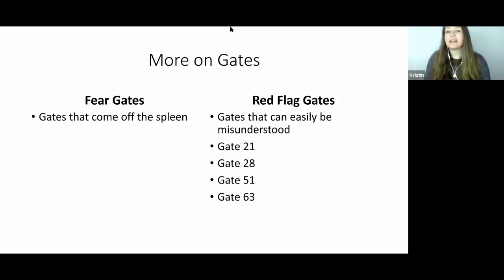But the gate 21 is a gate of control. It loves having something to control or someone to control. And so it's really great being, it doesn't mean that they're bad at bossing people around. They can be very kind and very loving. They can be very feminine about it, especially if they have the gate 2 and they have a lot of nurturing, and the 50 27, they like being in charge.